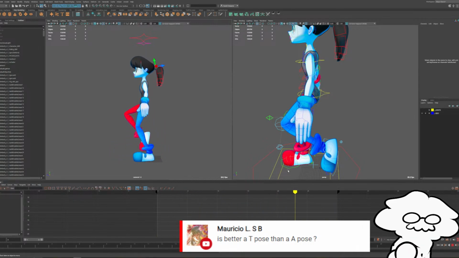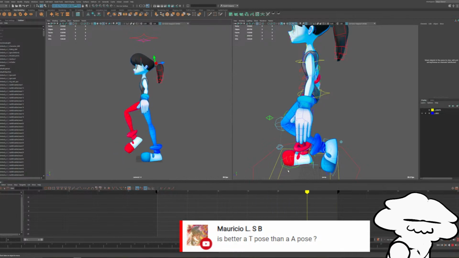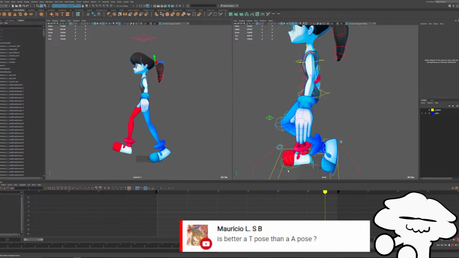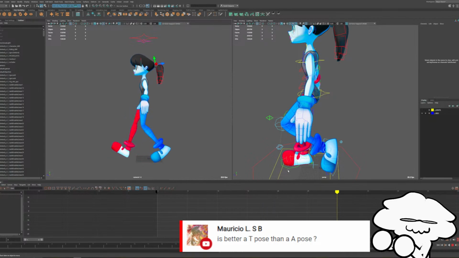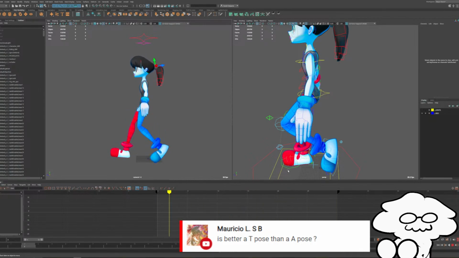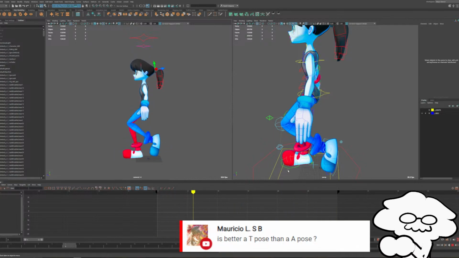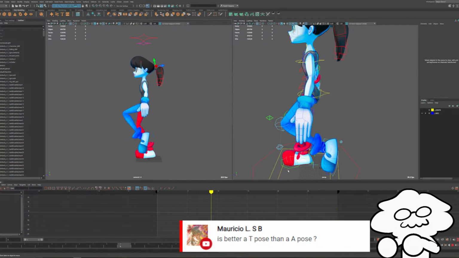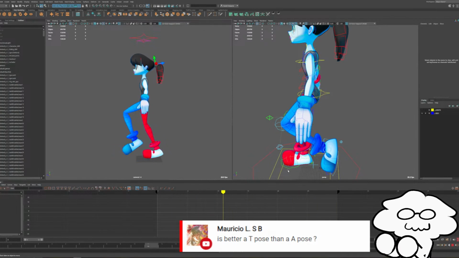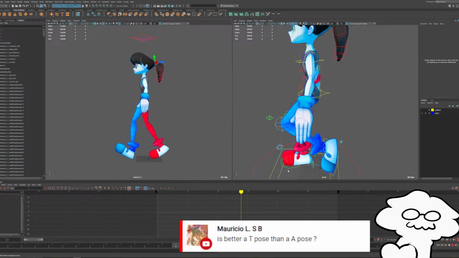This gets into some complicated rigging stuff, but what matters is the armpit and shoulder areas. If your characters aren't expected to animate their arms being raised up really high often, you would generally want them to be in an A pose because it's a more natural position.